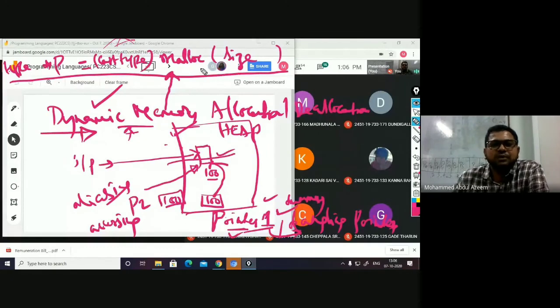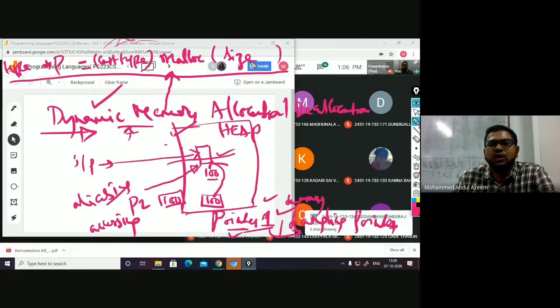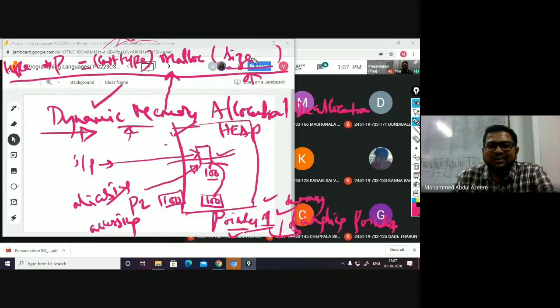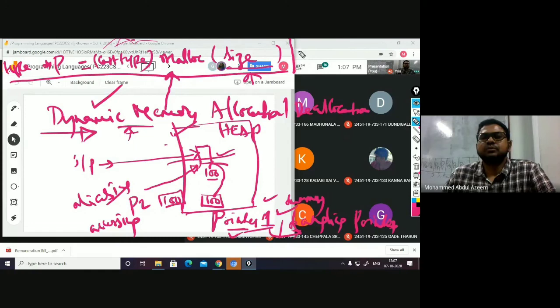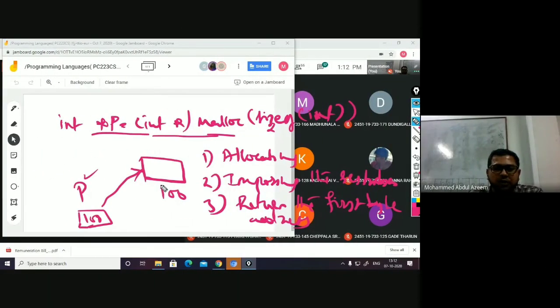See, in C programming, this is how dynamic allocation has been implemented by resolving all these issues. I'll take it one by one. Malloc size means the memory allocation function is going to allocate the memory based on the size that you have given as an argument. I'll give you one example here: int asterisk p equals malloc, and p becomes the sole owner of this particular memory.